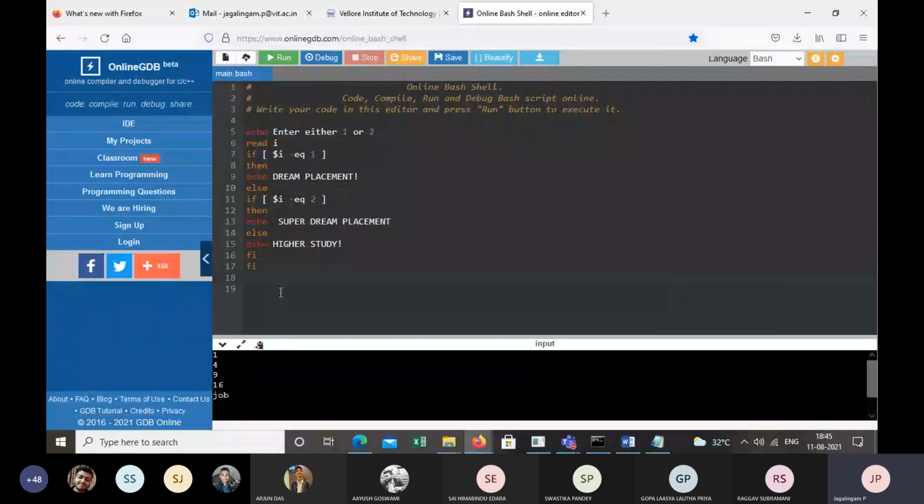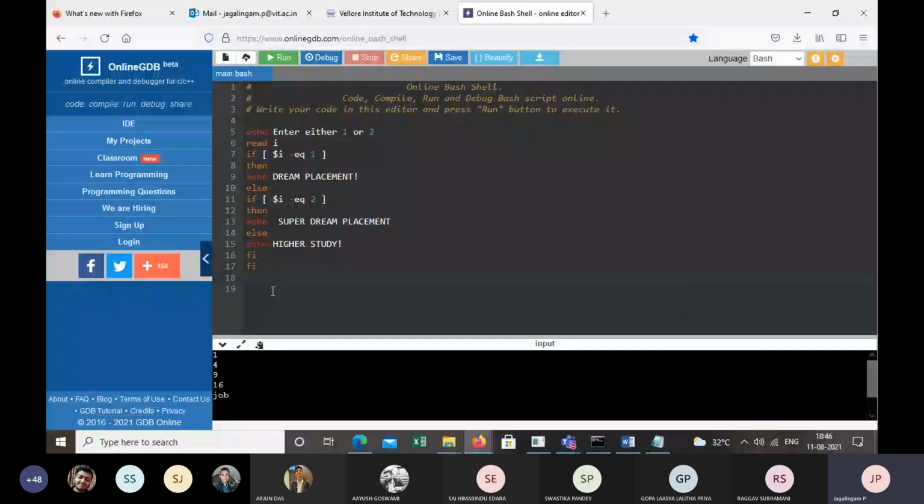Okay, so in line 5, we ask the user to enter either 1 or 2. Now, when the user enters 1, in line 6 we read whatever the user enters, and that is stored in the variable I. Now, in line 7, we check the condition. If the user enters 1, then the condition is true.